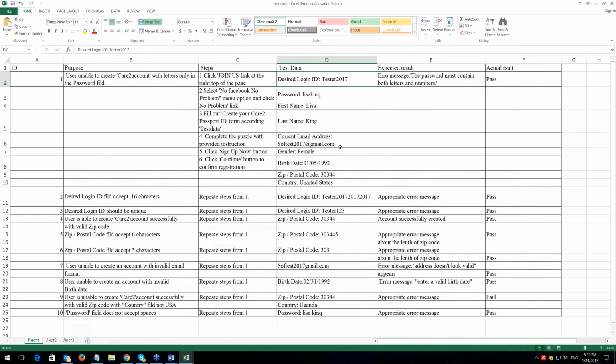This is a wonderful and great negative test case, high priority, good test case. In this test case, we prove that email address and login ID are unique and no one can use them.